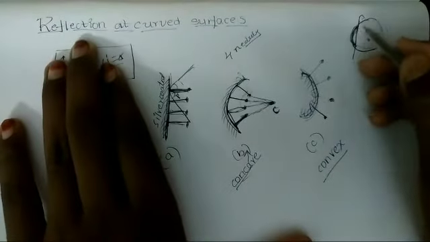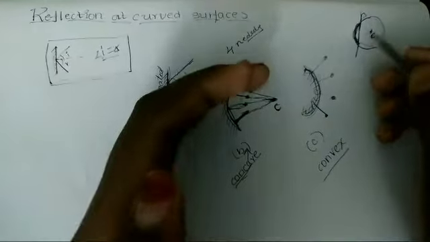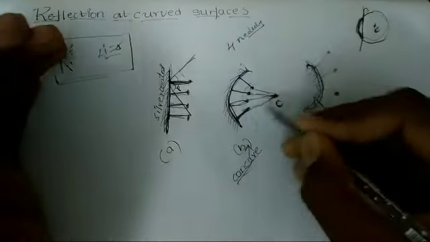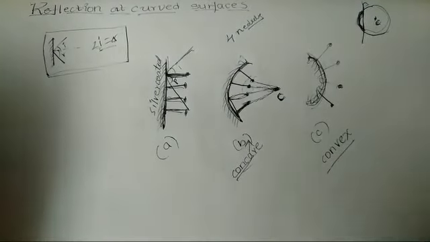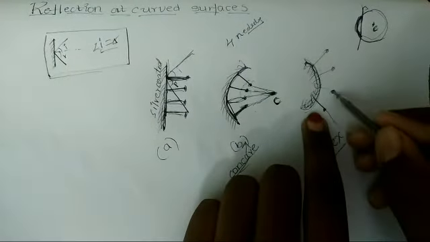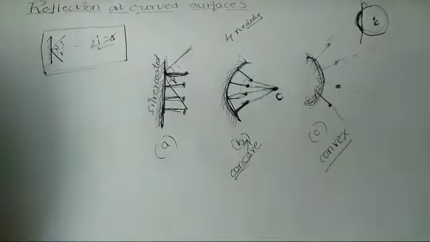If we take a circle, if we cut it here, we will get some part like this. That is the center of this mirror. I think you can understand now. But you can ask now. Now if we join all these points this side for convex mirror, where can we get center?